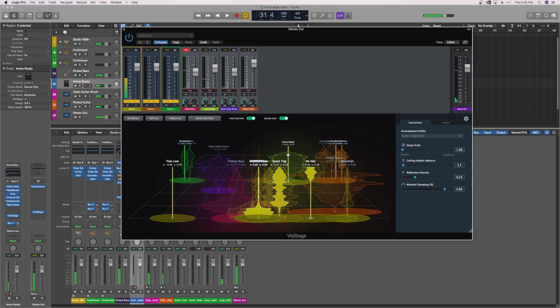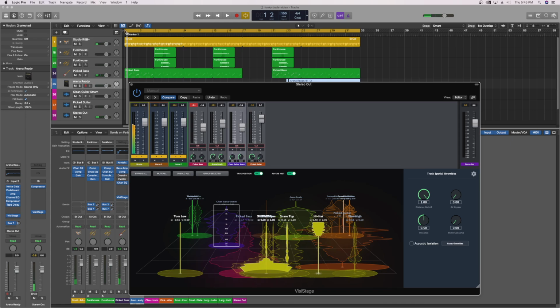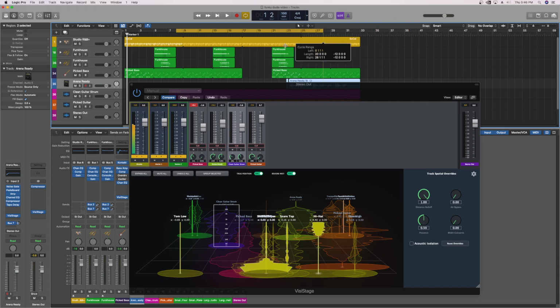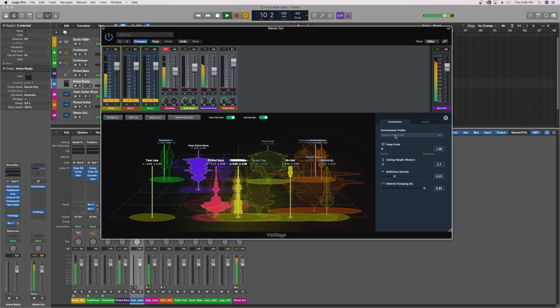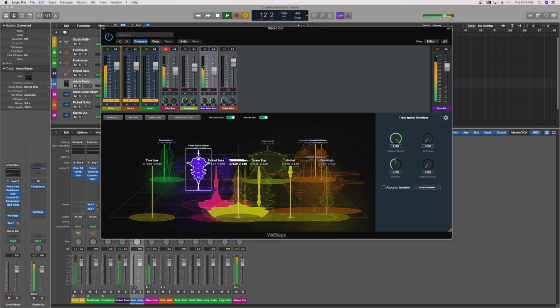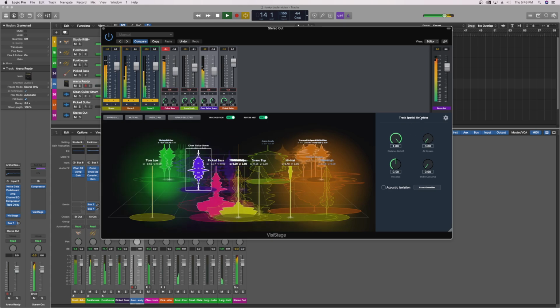Now, one of the other things is, let's say you've got this guitar here, this clean strumming guitar. Let's just bring this again across here so you can hear it all the time. Now let's say you've got some ridiculous setting going on here. You've got a cathedral, and it's 1,000,000 miles away. But you don't want it to be 1,000,000 miles away, you want it to be right up front. Well, you can override